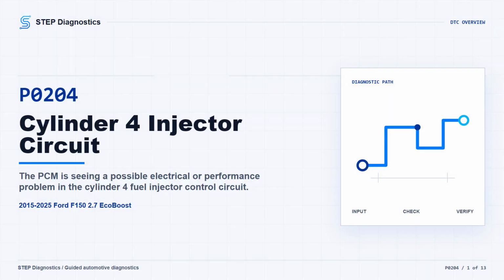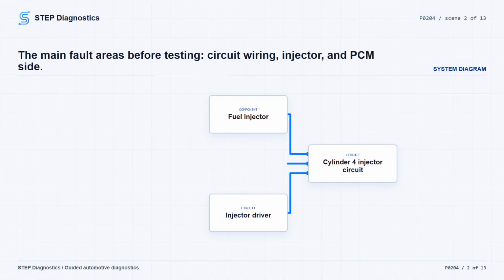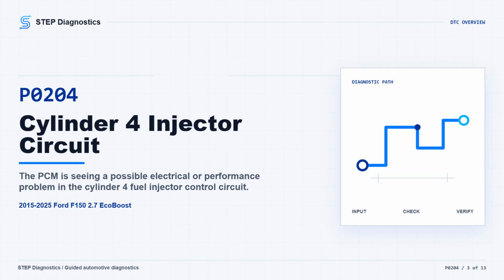On this 2015 to 2025 F150 with the 2.7 EcoBoost, P0204 points us toward the cylinder 4 fuel injector control circuit. In plain language, the PCM may not be seeing the injector circuit behave the way it expects. The truck may run rough, miss, have a no-start condition, or the concern may only show up intermittently. Broadly, this can involve the injector circuit wiring, the injector itself, or, less often, the PCM side of the driver